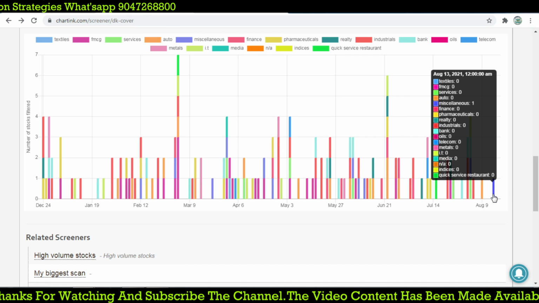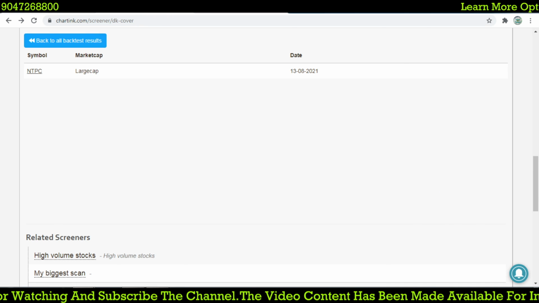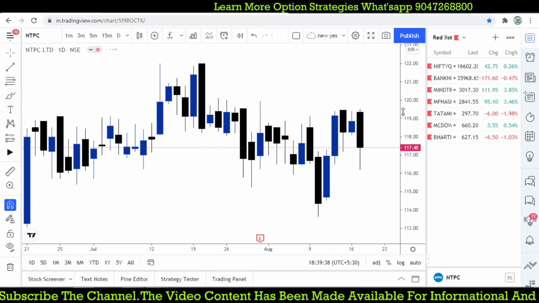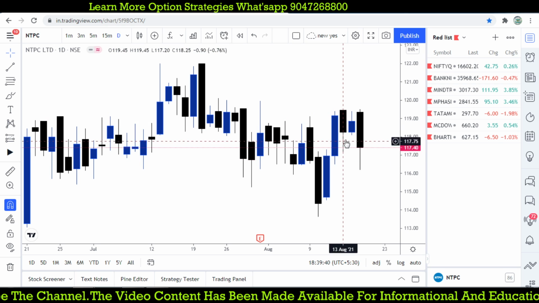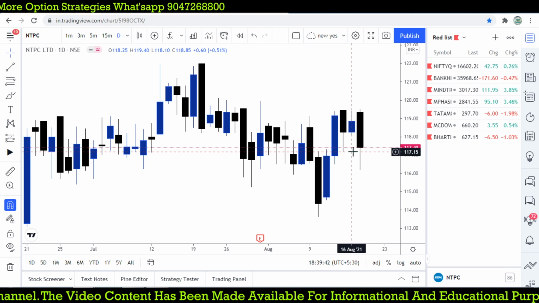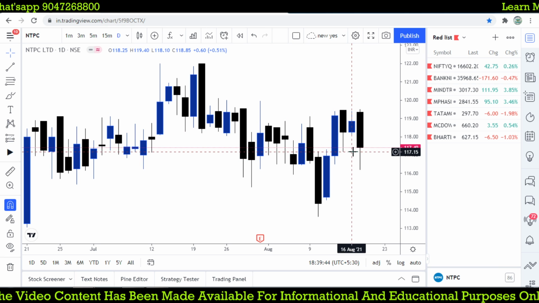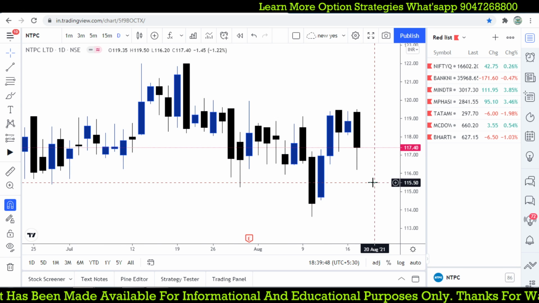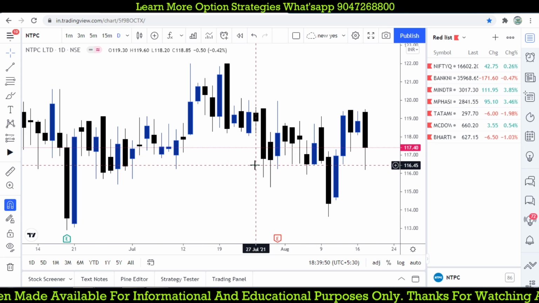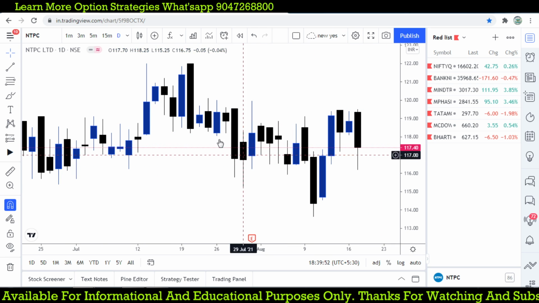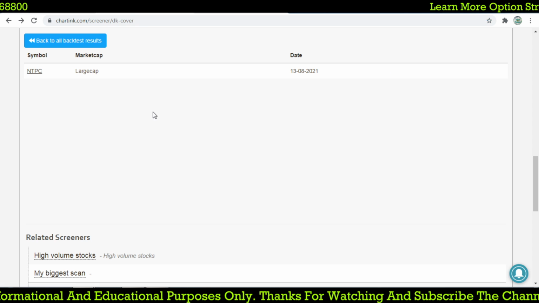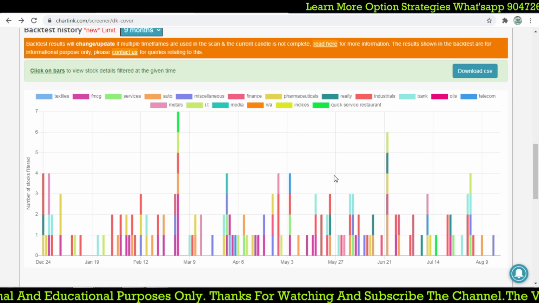This is happening on 13 August, so we don't have any stocks. And NTPC, so 13 August. Let's check NTPC. Somewhere here it forms and it breaks below the low, somewhere around 117. So it moves down and it is slightly higher. Let's check what will happen tomorrow, right? NTPC is a low value stock, so instead of taking that small value stock, we will focus on even bigger ones. Now the dark cloud cover works very well.